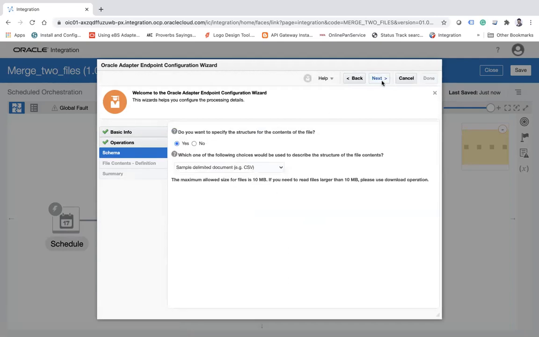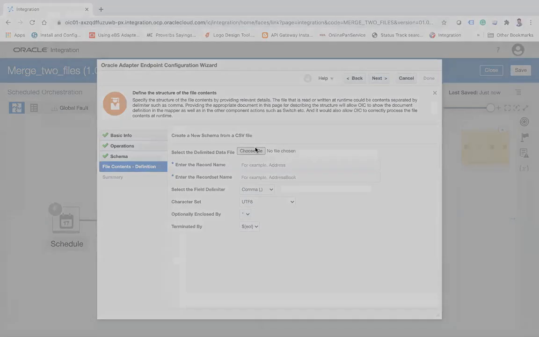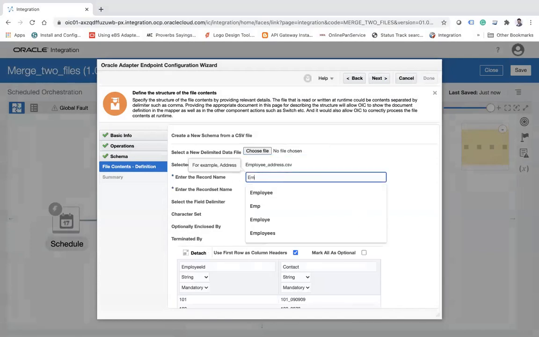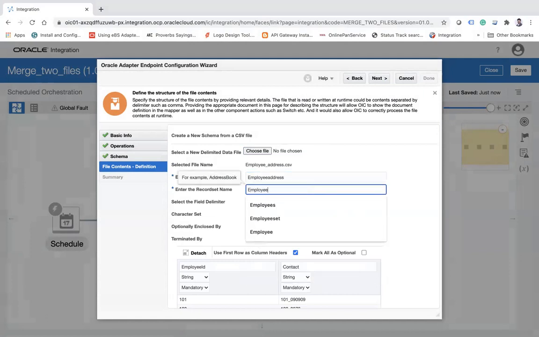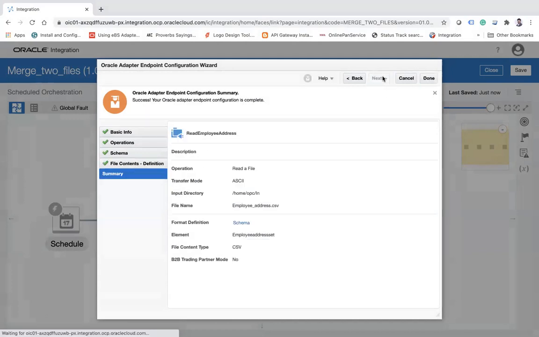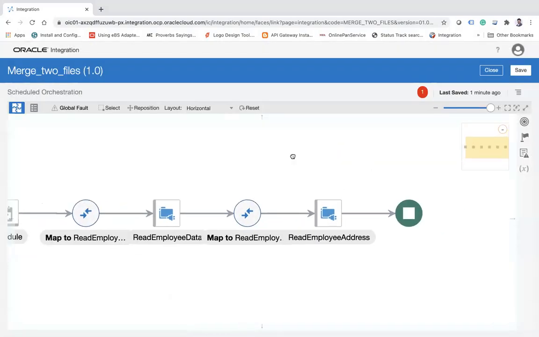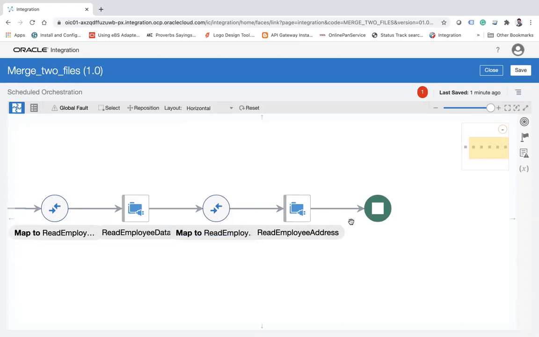Next, then CSV file, and then also I have to pick up the address file, employee address, and then employee address set. Next, and then finish. Now these two connectors will read the first file and then the second file.